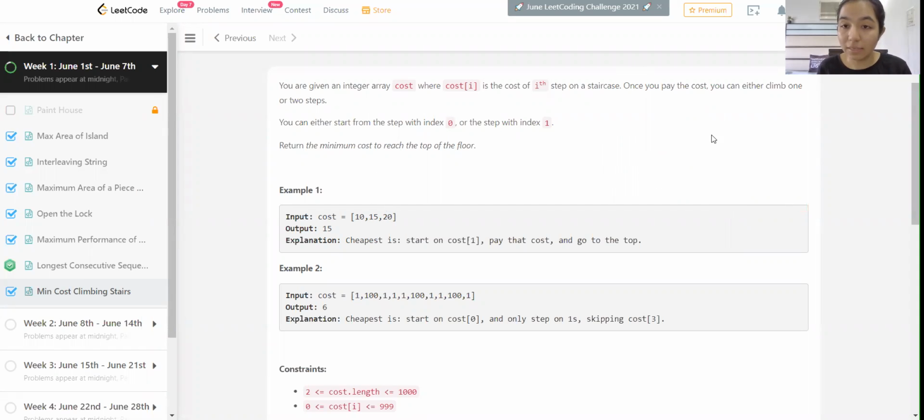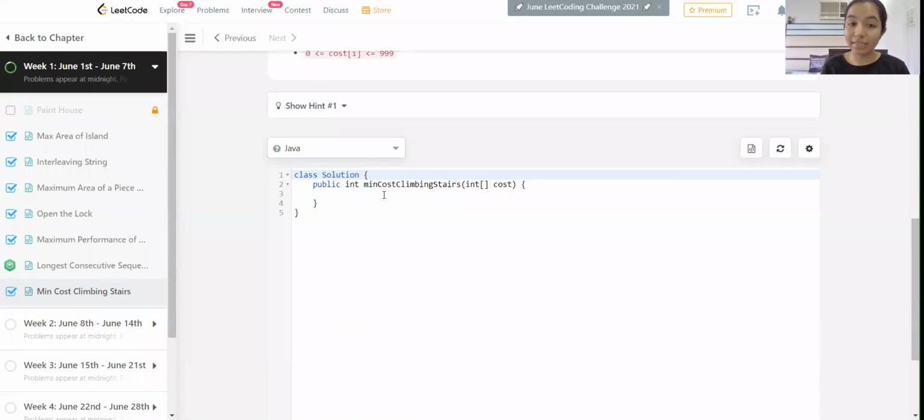So this might sound a little bit tricky, but as we solve it, we will understand. This can be solved in many ways. We can directly modify the array cost, which is not recommended during interviews, because the interviewer expects you to not hamper the original existing data structures or whatever data is given. You create your own and make changes to those. So now we are going to solve it using both methods, which are the DP method and the normal method. Let's start with the normal method first.